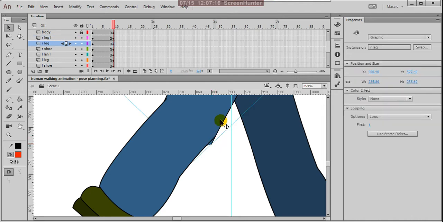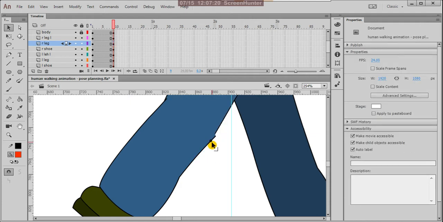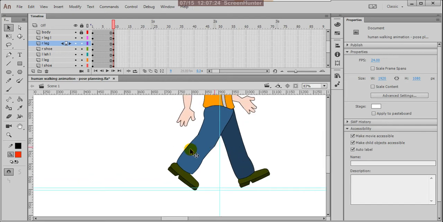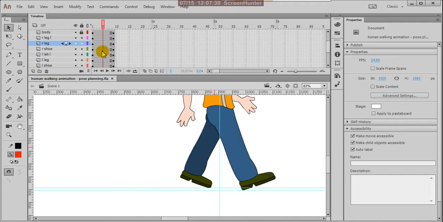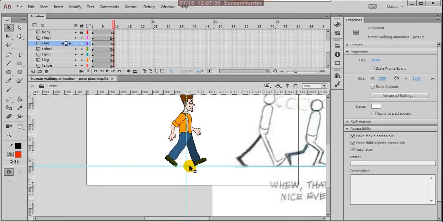Attach here and click on this, Control B. Yes, perfect. And Control S. This is nice. Next, come to hand positions.